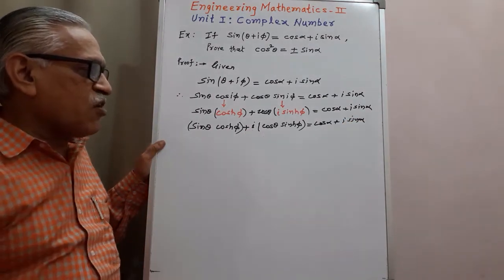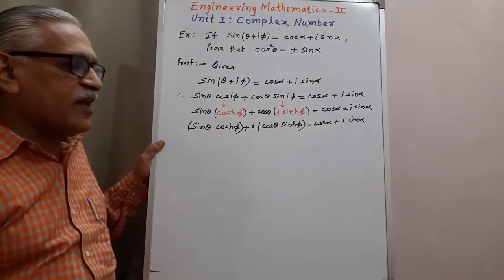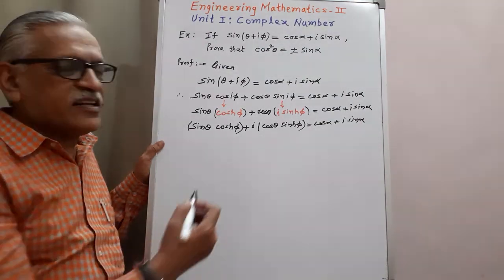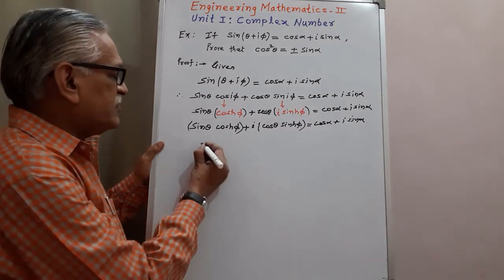Left hand side we have a complex number, right hand side another complex number. Sign of equality is there, and therefore comparing real part with real part and imaginary part with imaginary part, we get